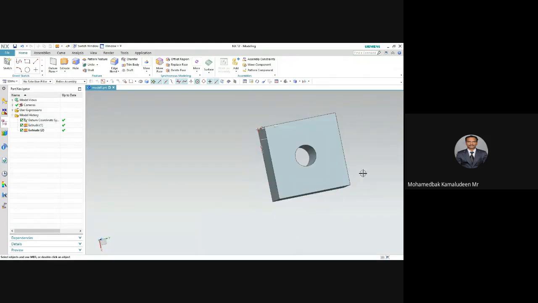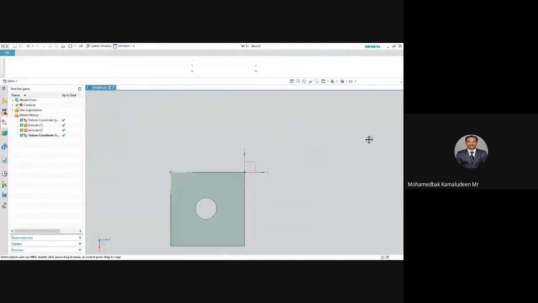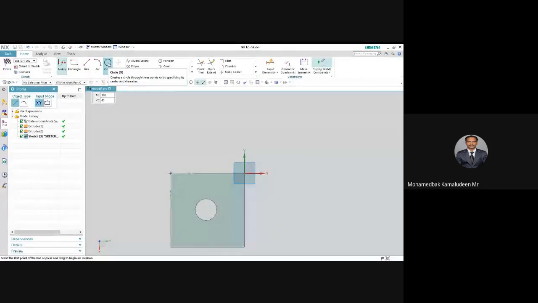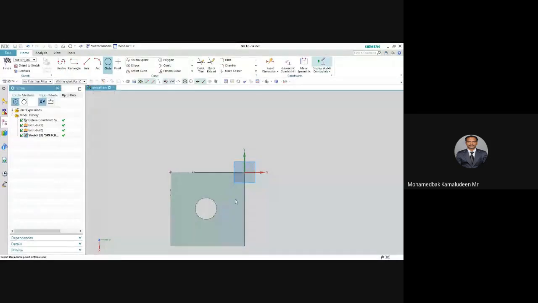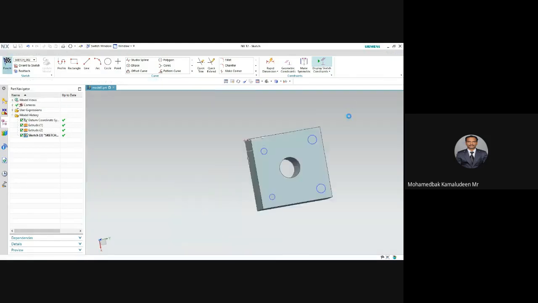Again select the top surface, go to extrude, select the top surface and draw the circle. And finish the sketch.